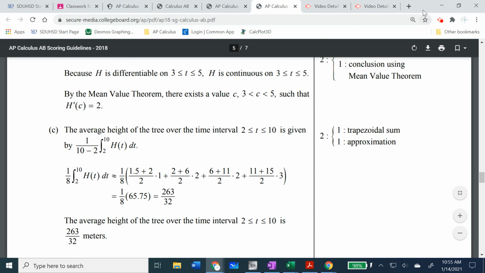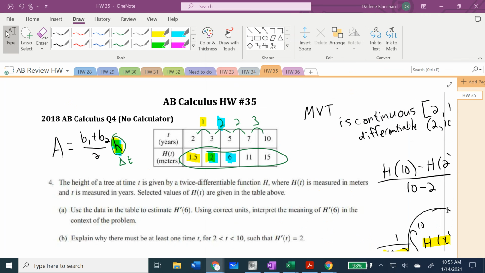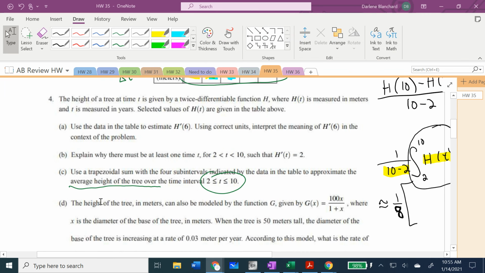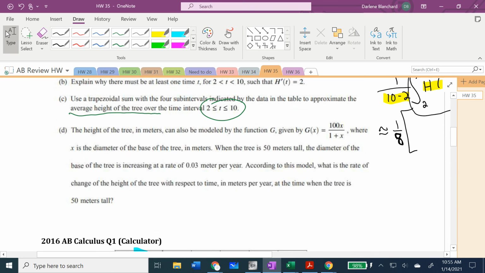And let's make sure that we have answered the entire problem. It said to use the data to approximate the average height. So there it is. All right, moving on to part D. The height of the tree in meters can also be found modeled by the function g. So here is a moment where they give you a table of values problem,